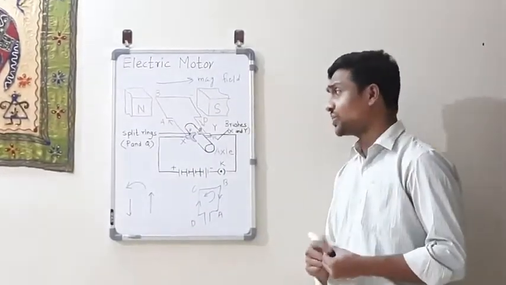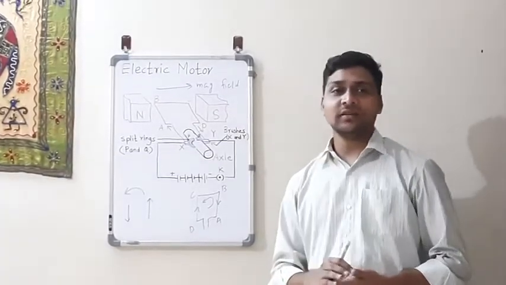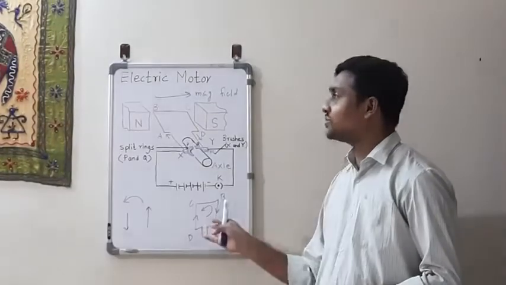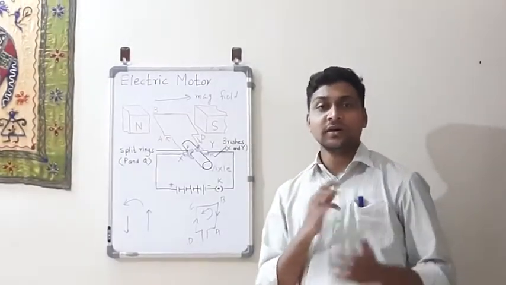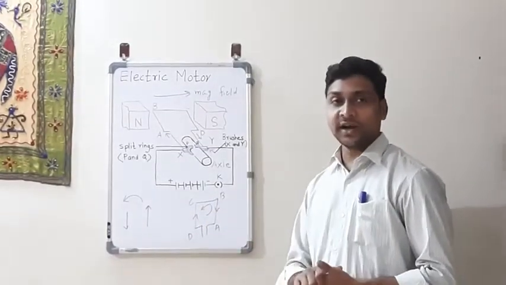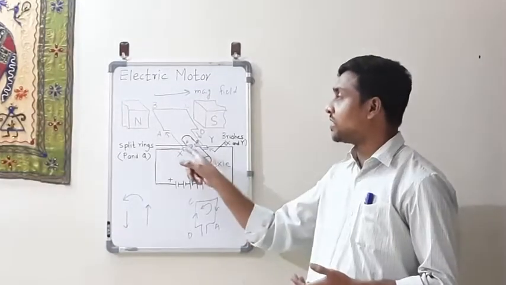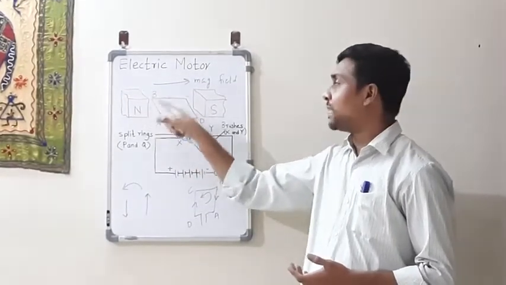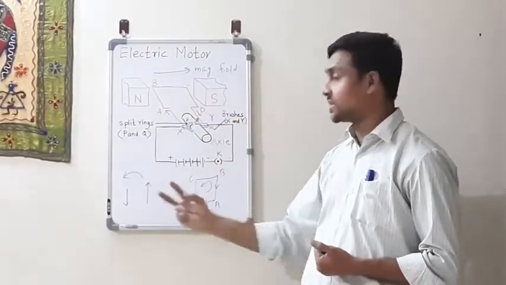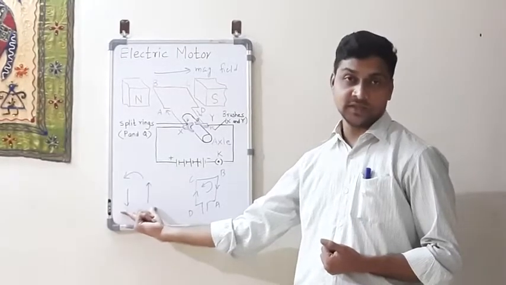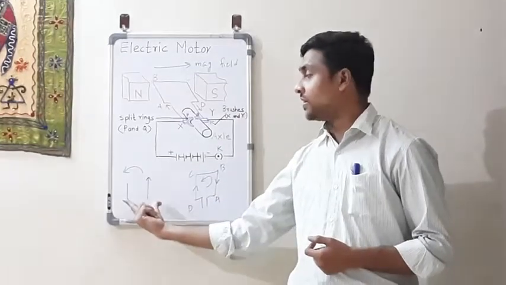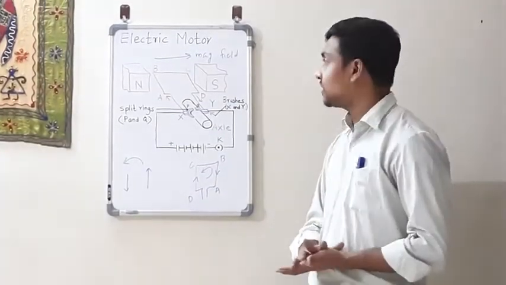As we have seen earlier, the electric motor is widely used in different electrical instruments, and its working is simple. Next is the principle of the electric motor. The principle of the electric motor is that a current carrying coil placed in a magnetic field experiences two equal and opposite forces. That is the principle of the electric motor.